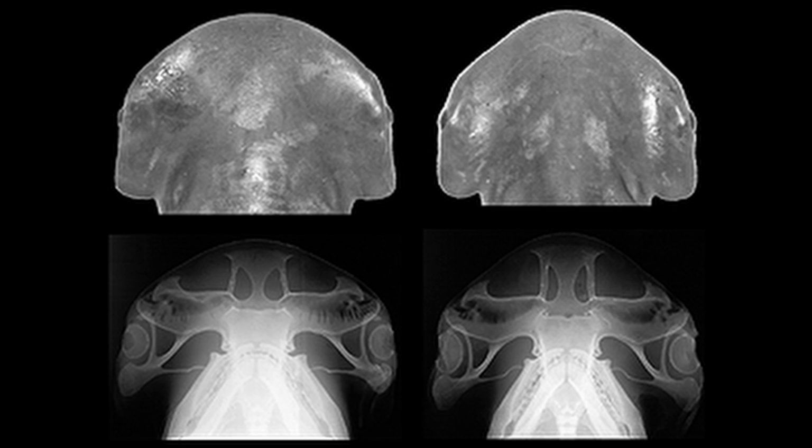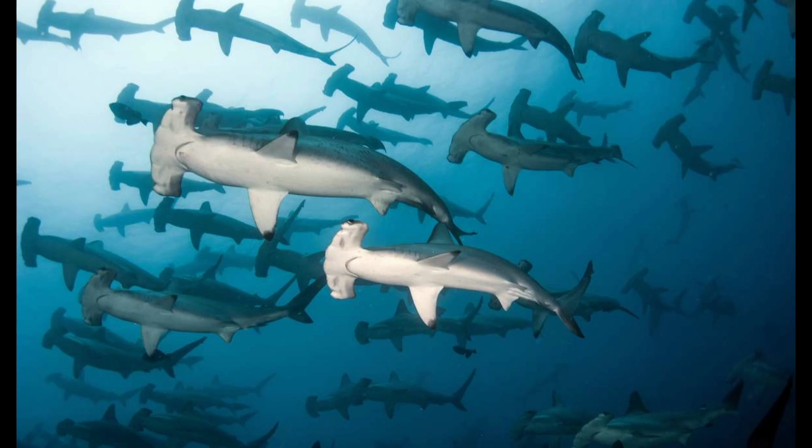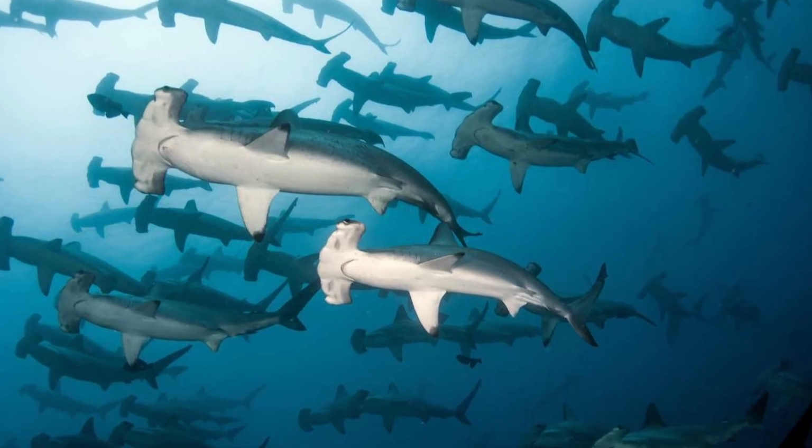Male and female bonnetheads can be told apart by the sexually dimorphic morphology of the head shape. In females, the head is round, but males have a bulge shape around the midline of the head, referred to as the cephalofoil. Their behavior is unlike many sharks, as bonnetheads are known to exist in groups, living in smaller